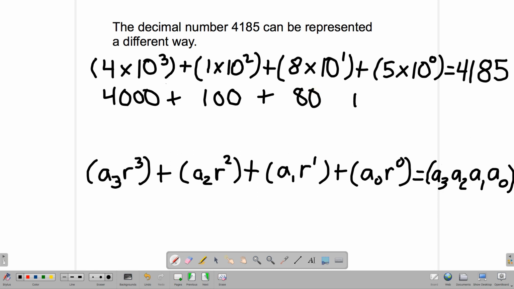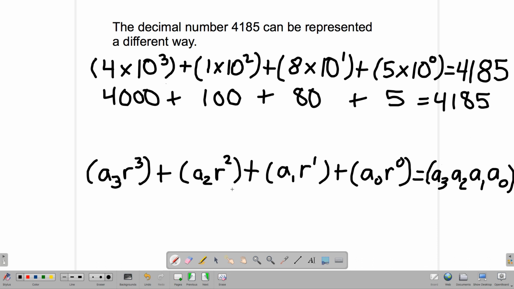And then we have 5 times 10 to the 0 power. Remember, anything to the 0 power is 1, so we have 5 times 1, and that's pretty much the value 5. And that all adds up to 4,185. Below I have a general formula, and pretty much what it shows is you can see the coefficients, and